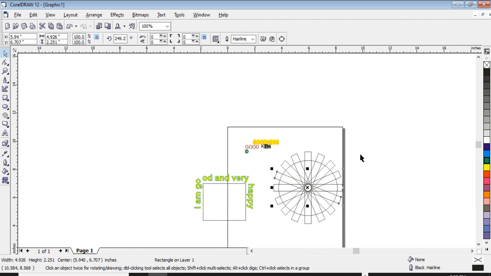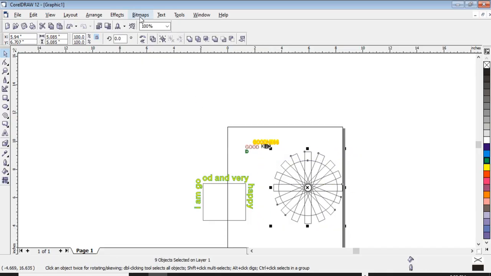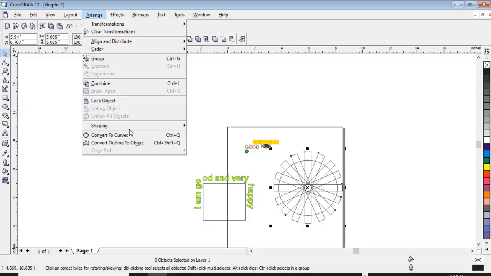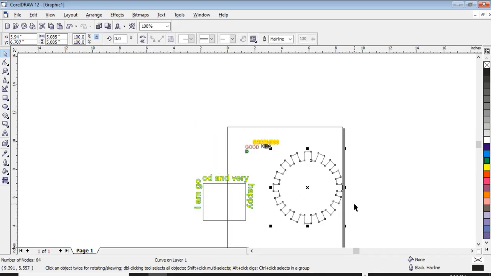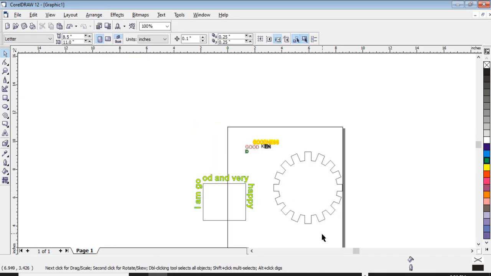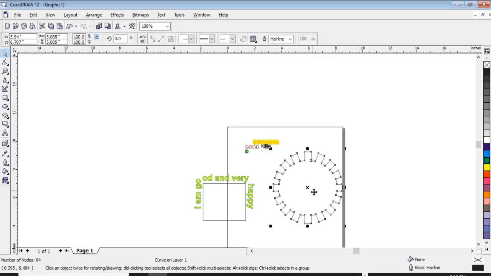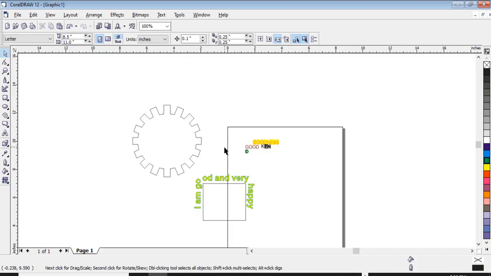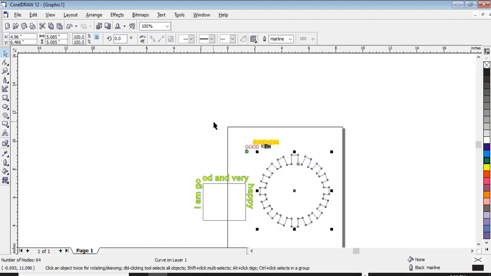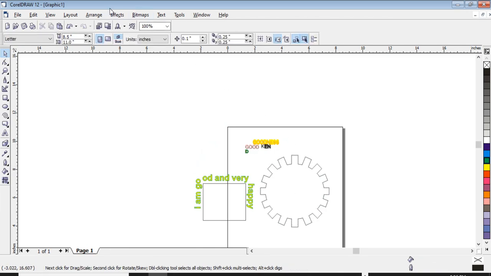Let me now select all these objects together and go to arrange, shaping. Let me say weld. Wow, that looks like what you see in the NMPC logo. Welded it. I have a new shape out of all that I just did. There are so many great things you can do with CorelDRAW. You can weld, and you can